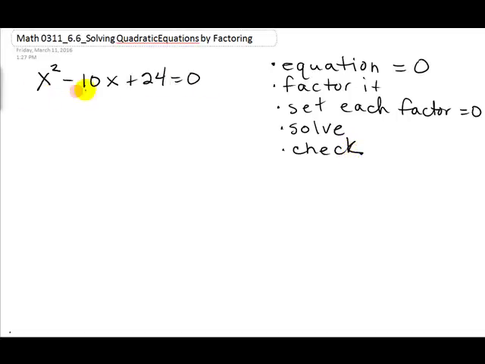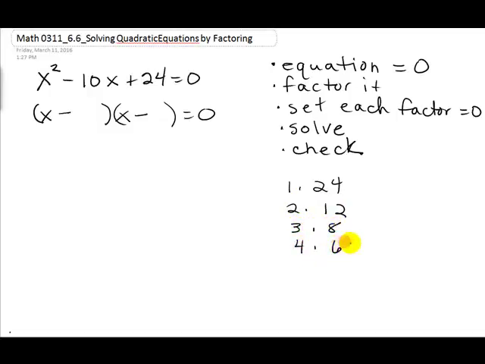This equation's already set up equal to 0, so we can go ahead and factor it. Take care of the first term. Remember, we're looking for two numbers that multiply to give us 24 that will add up to a negative 10. So if this is positive and this is negative, that means we're going to have two negatives in here. So what we're looking for here, we've got 1 times 24, 2 times 12, 3 times 8, 4 times 6. If they're all negative,